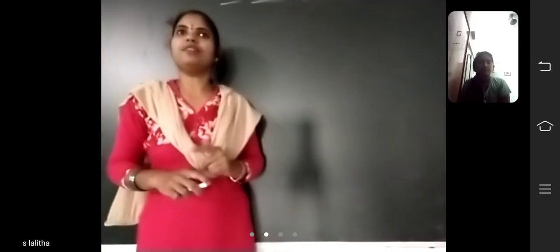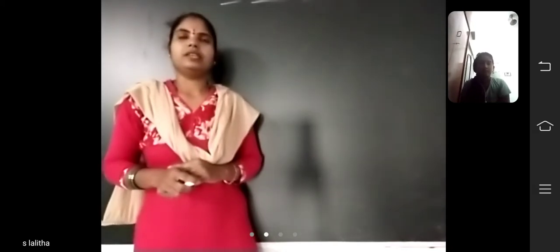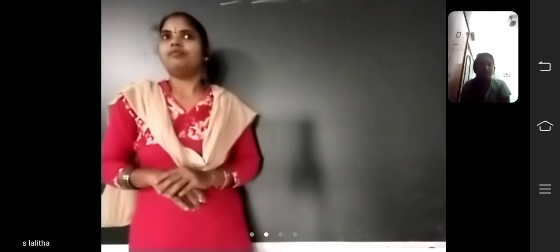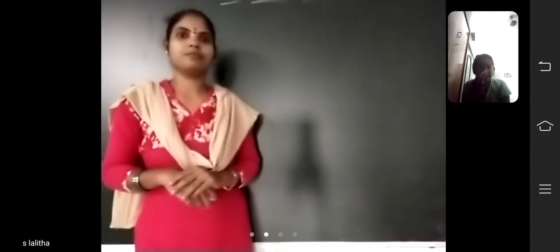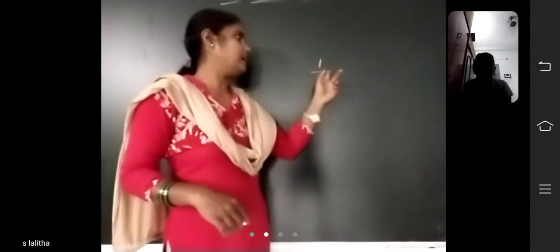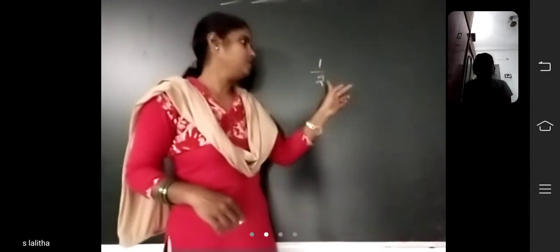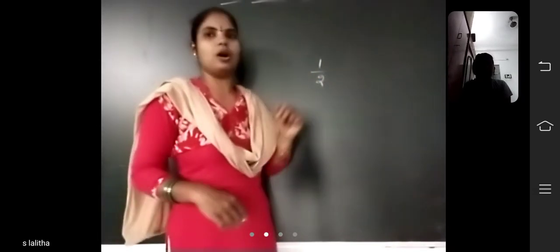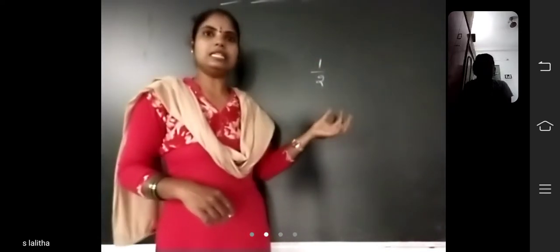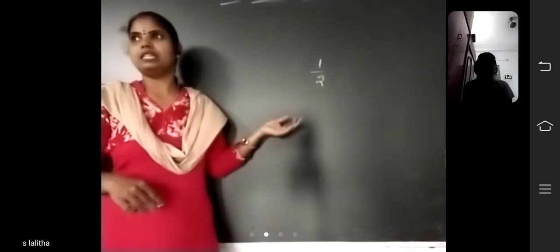So already we learned fractions in the previous class. Okay? In the previous class we learned about fractions or not? So what is called a fraction, children? It is a part of a whole. And also we learned what the numbers in a fraction are. Suppose see 1 by 2. So 1 is called the numerator, 2 is called the denominator, and this line is called the vinculum. This 1 by 2 is called a fraction. A fraction means it is a part of a whole.